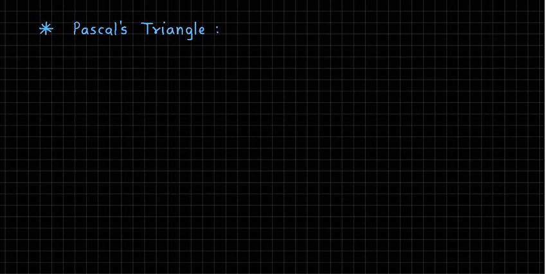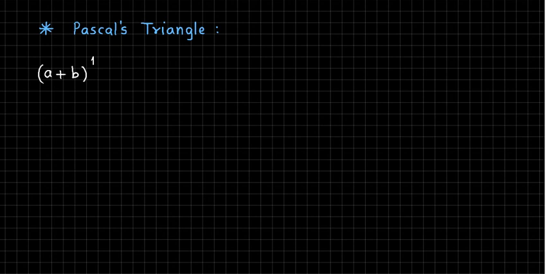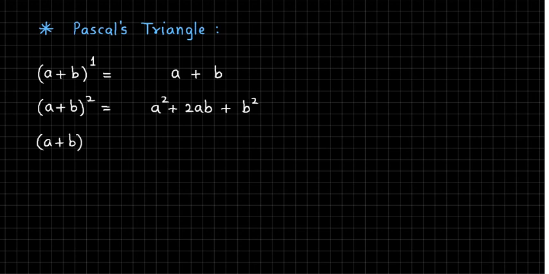Let's begin with writing the familiar binomial expansion starting with (a + b) raised to 1. We know that it is nothing but a + b itself, so I'm just writing it purposefully, keeping the space. Then (a + b) the whole square, we know that it is a² + 2ab + b². Then let's write a few more. (a + b) the whole cube, that is a³ + 3a²b + 3ab² + b³,